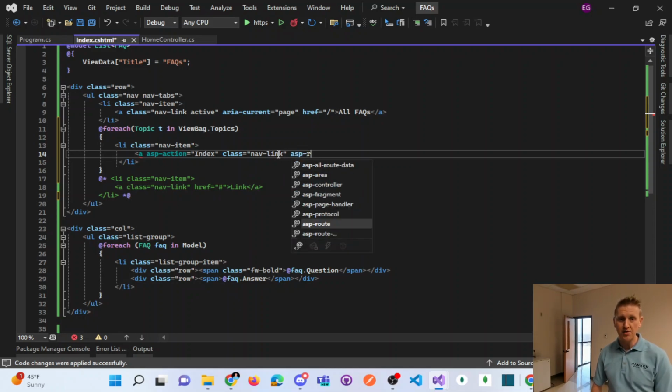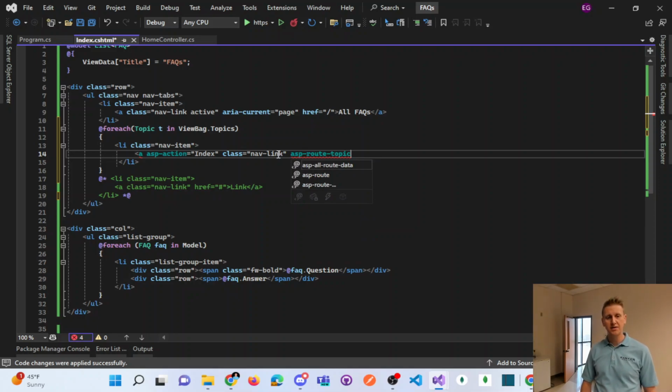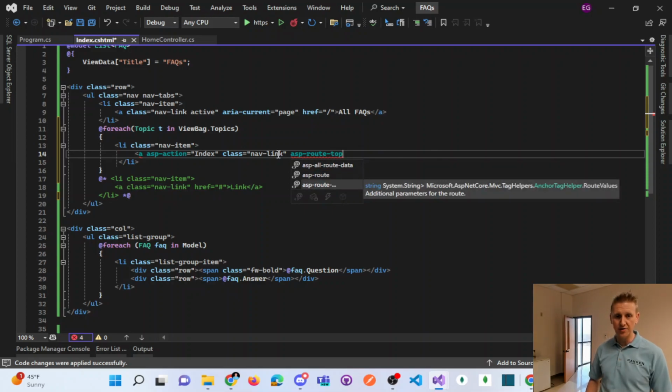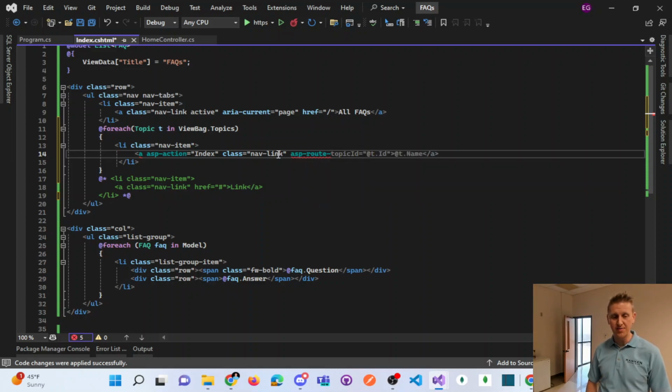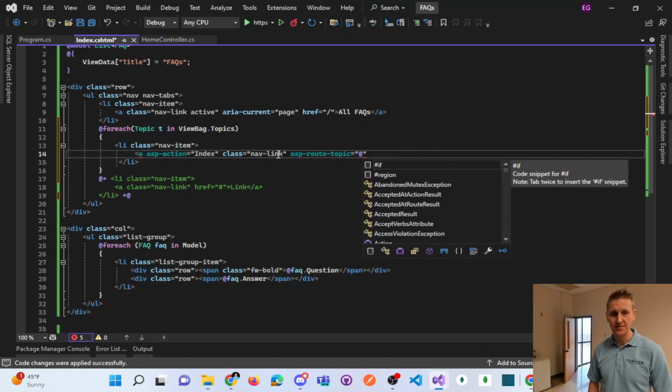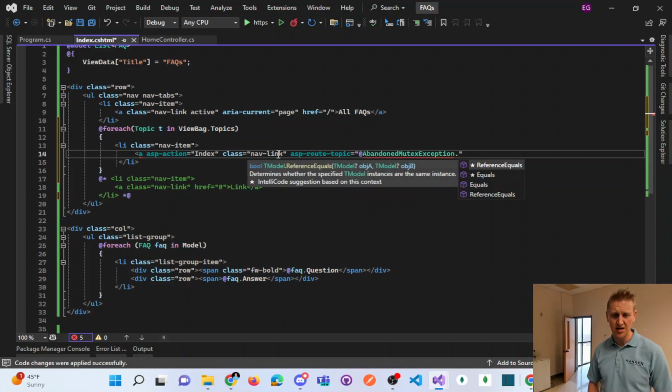And ASP route hyphen topic. Now this is not autofill. In other words, none of these autofills are going to be ASP route hyphen topic. And I'll explain at